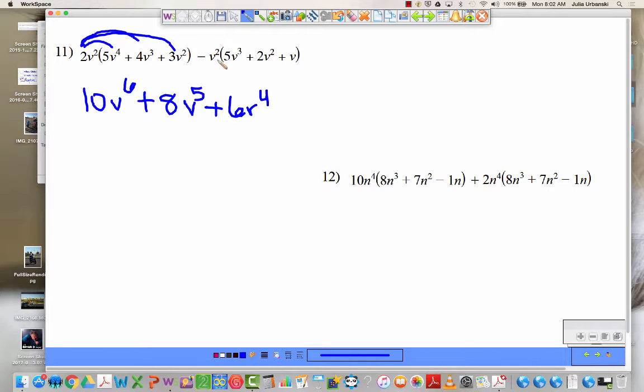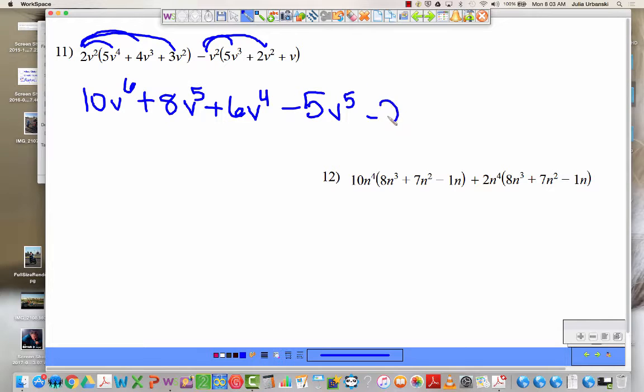All right, this one though, be careful. It's a negative v. You can go and change all the signs, or you can just remember that you're doing a negative 1 times a 5. That's going to be a negative 5. Because the v looks like higher than me. Negative 5, let me write this one, v to the 5th. Negative 5, v to the 5th, minus 2,